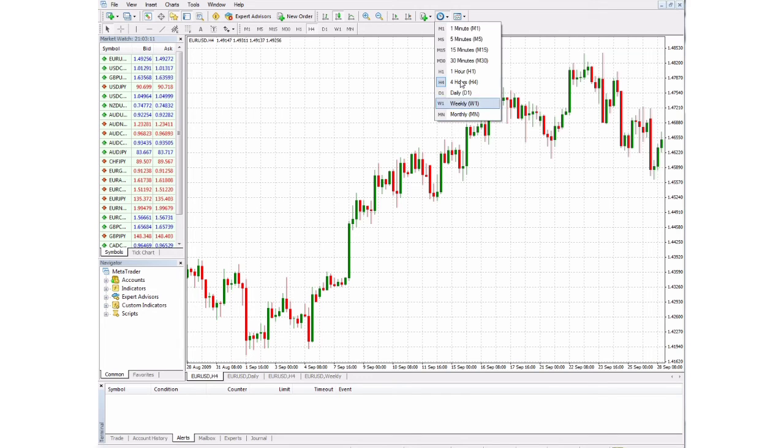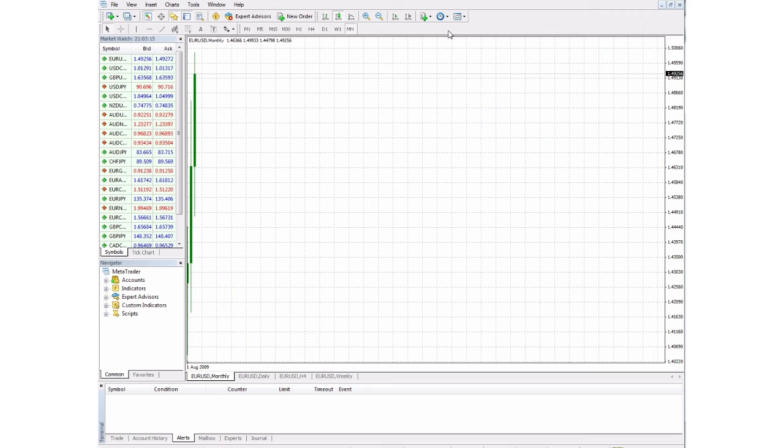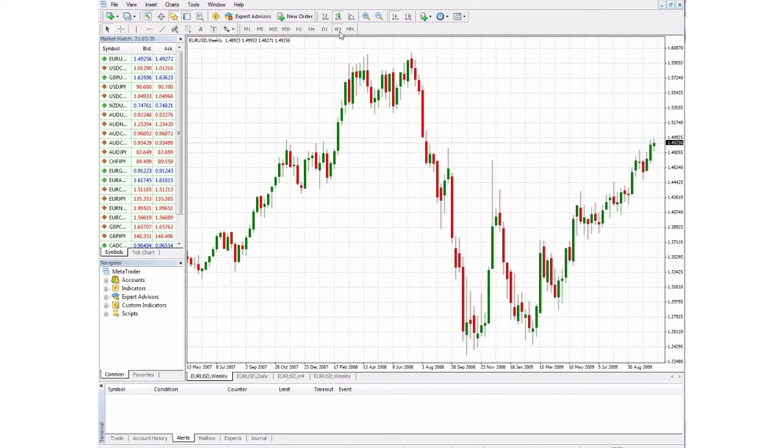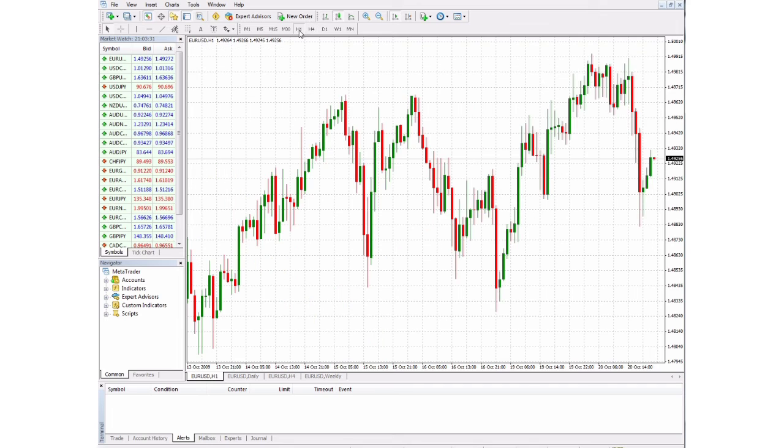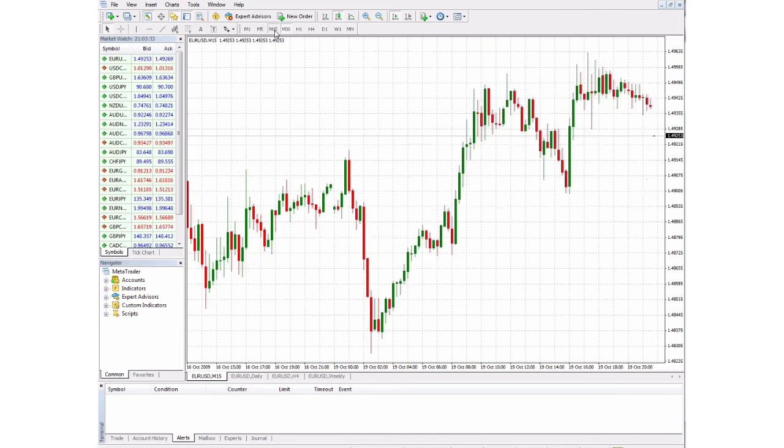But you can also do it over here. So it's simple to I'll turn on auto scroll again. Monthly, weekly, daily, 4 hour, 1 hour, 30 minutes, 15 minutes,